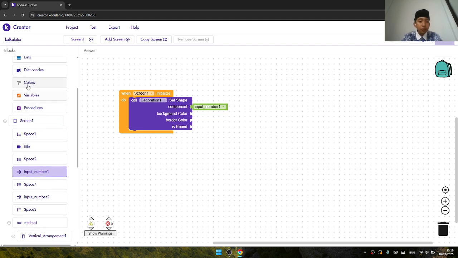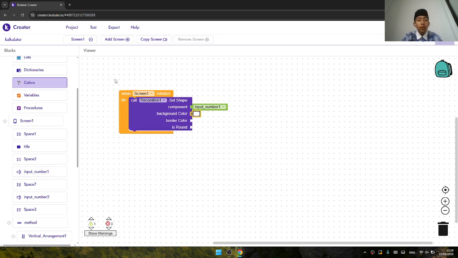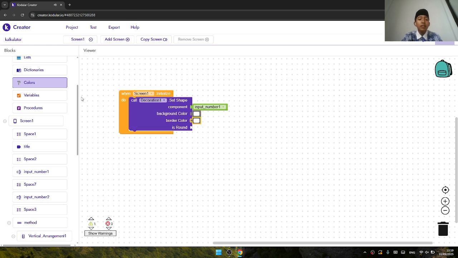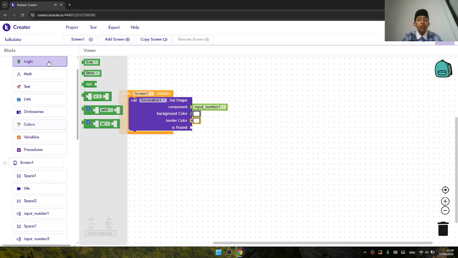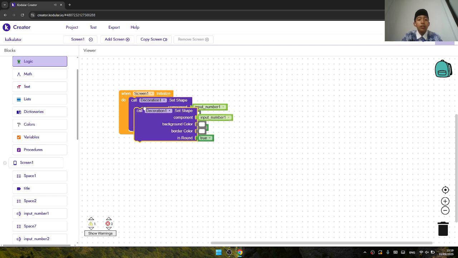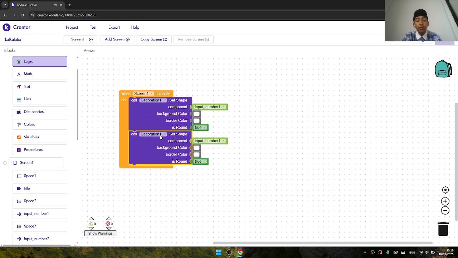And then we will set the background color become white, and then border color is white. Then for the round is true. Yeah, like this. Then we just duplicate this, right click and then click duplicate, replace in the bottom of the input number one and then change the input two.